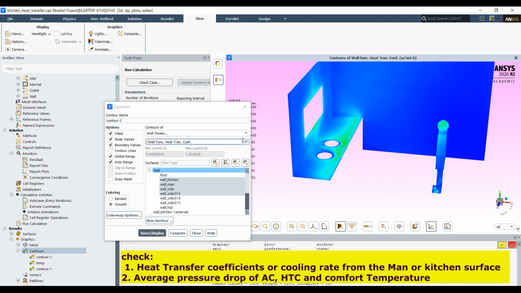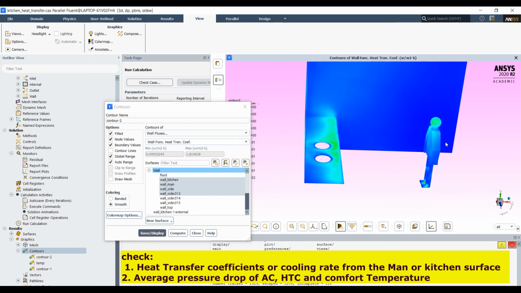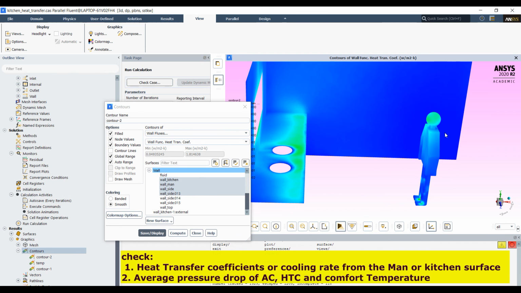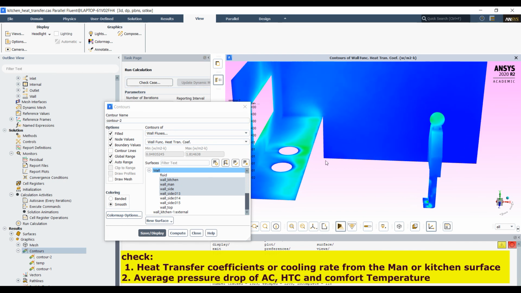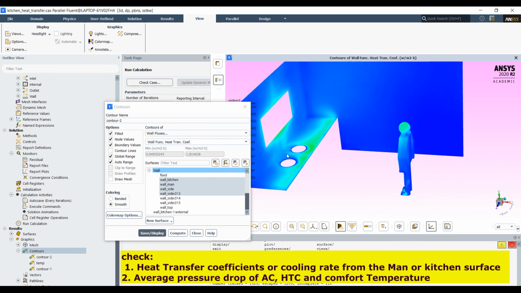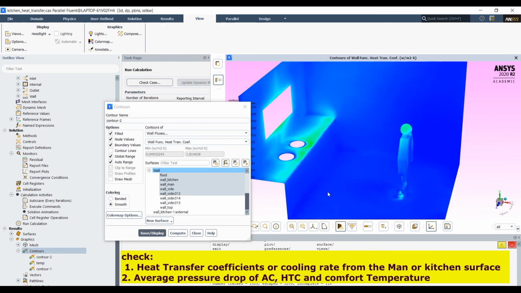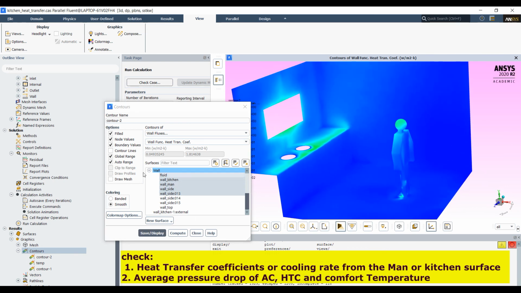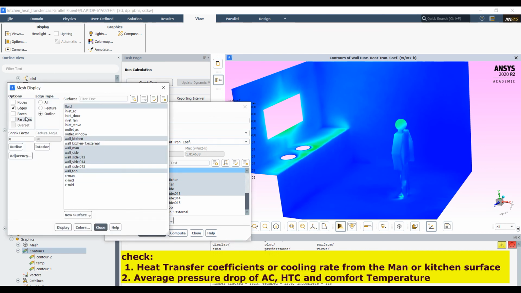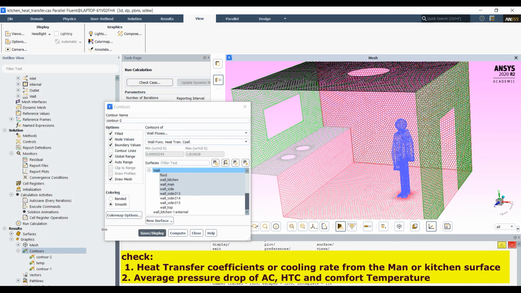And we can also check this way. The more cooling is at the top of the head, because the heat transfer coefficient is very high, and here where velocity is high, then heat transfer coefficient is also very high. At the bottom, there is less velocity. There is not much heat transfer coefficient.